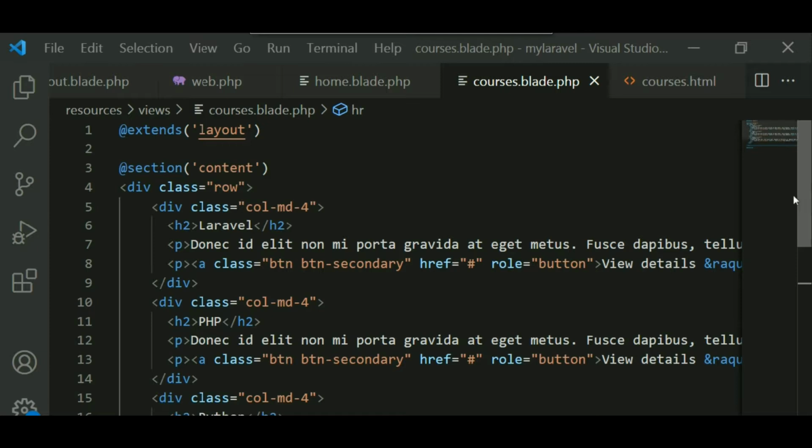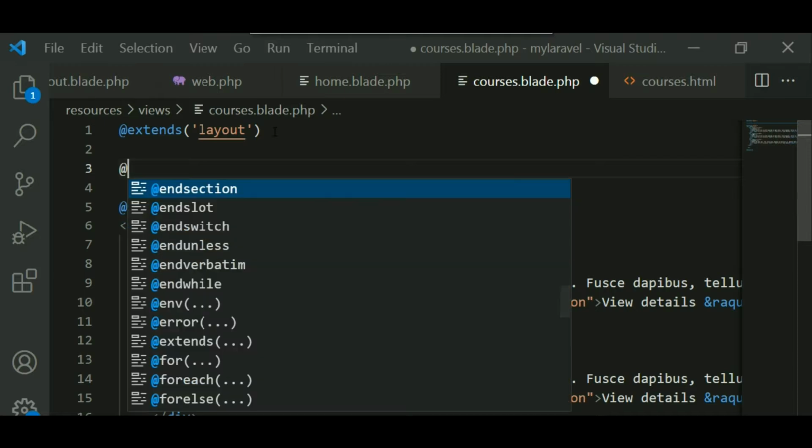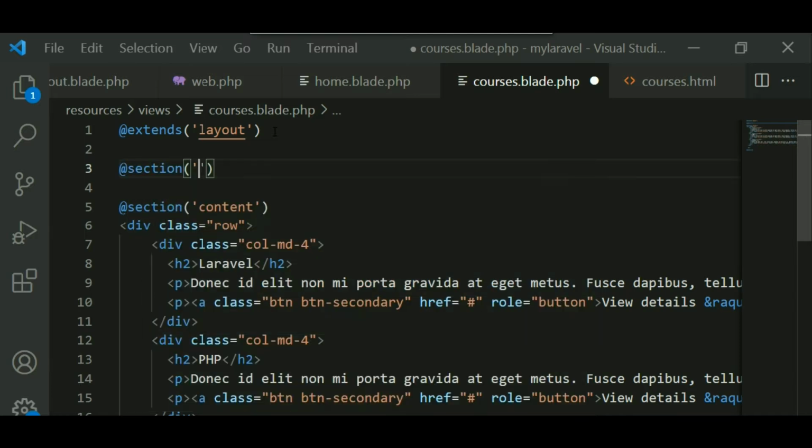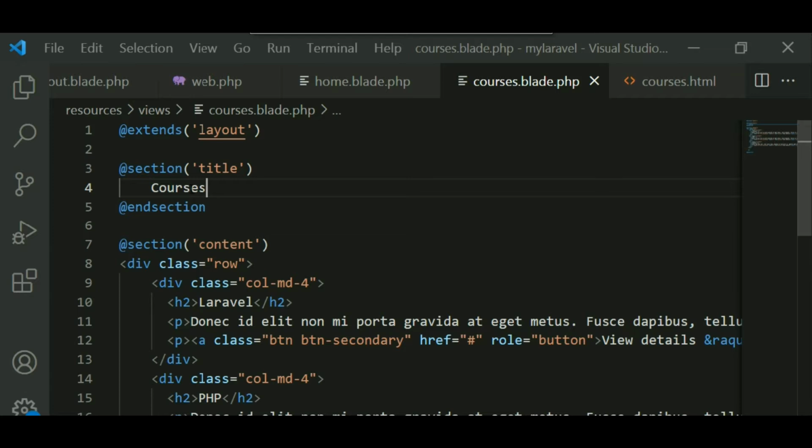Now this is how you can create the courses page, but the name of the page you can pass to the layout with a section title, and the end of the section, just writing courses here. Now the courses.blade.php file has been created, and it is extending the layout, and one section is the content section, one section is the title section.